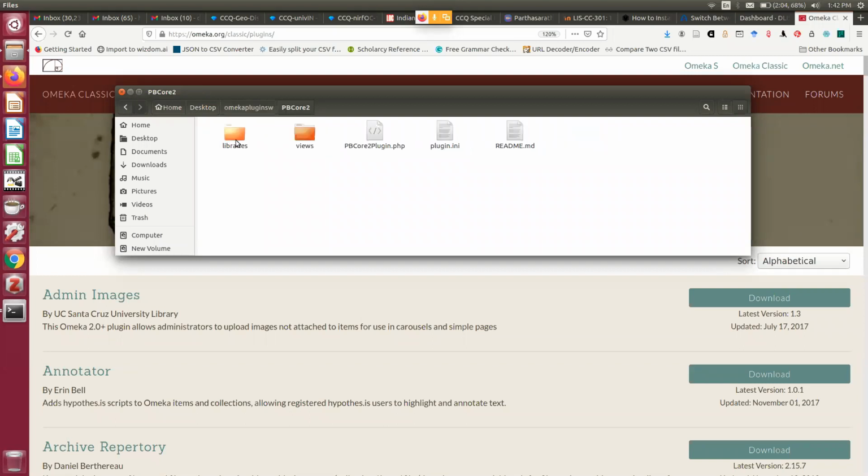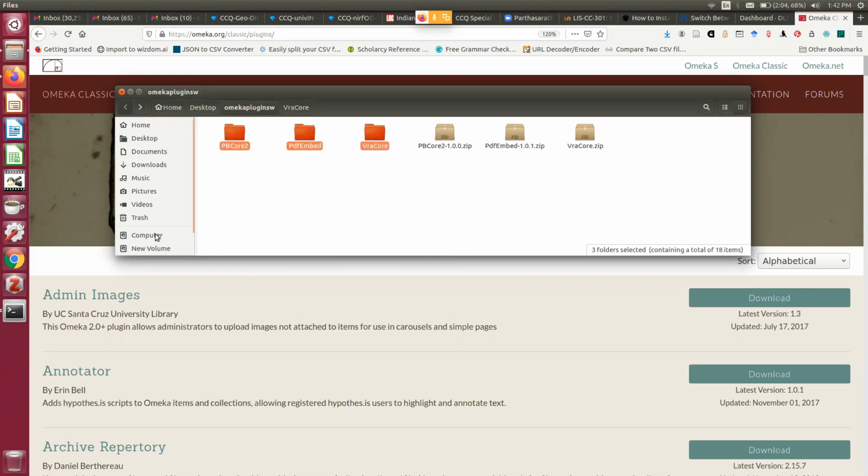The formula is very simple. You check where is your plugin.ini file. These three all have the plugin.ini file directly under them. So let me copy all these three.